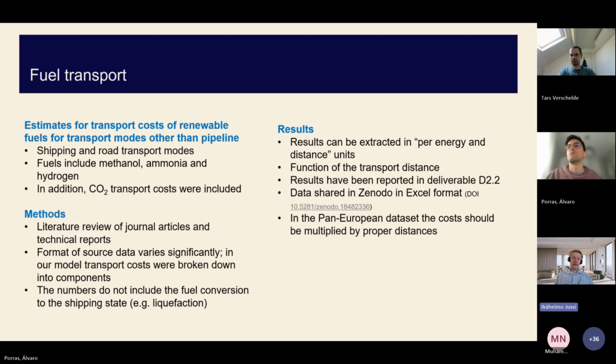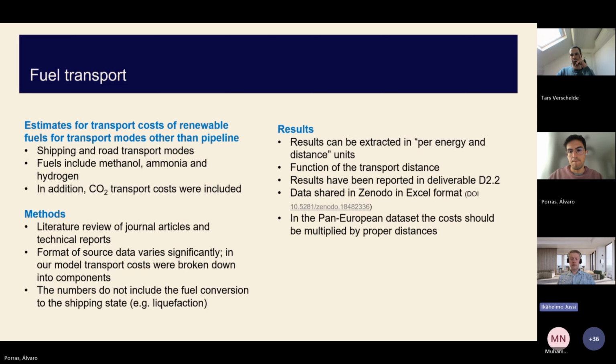But in our model, we wanted to make a model with broken down cost components so that it's easy to create different scenarios. For example, in the recent months, the cost of diesel fuel has gone up maybe 50%.